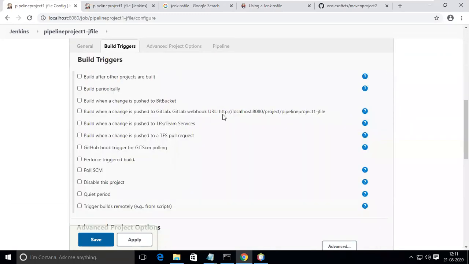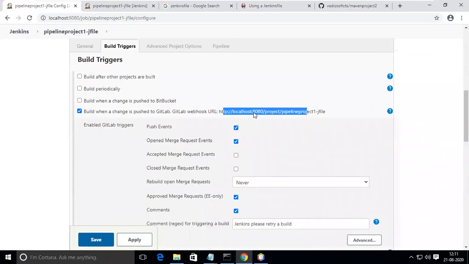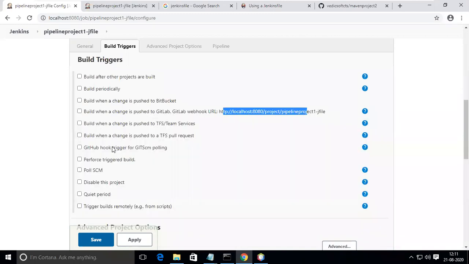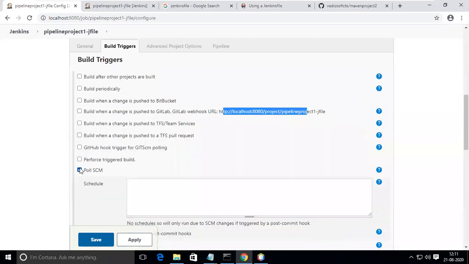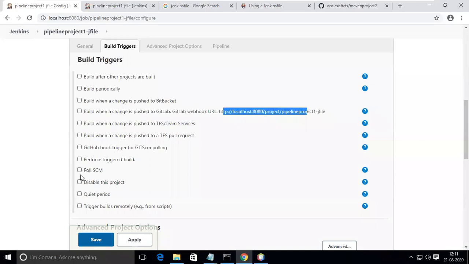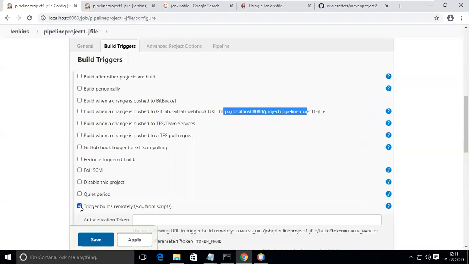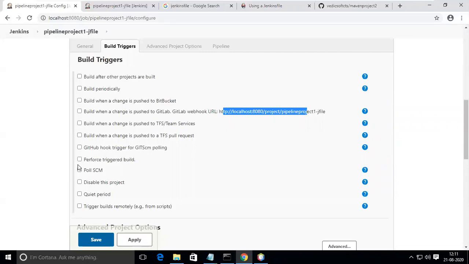This is the project URL. This is full SCM. To build remotely.